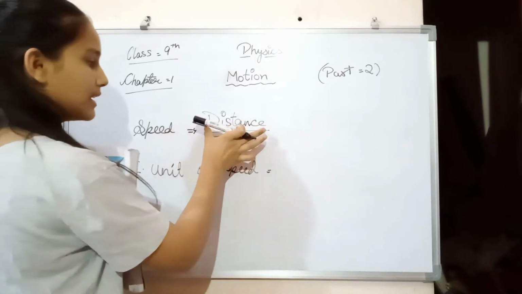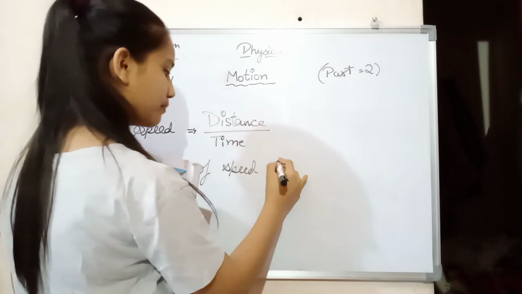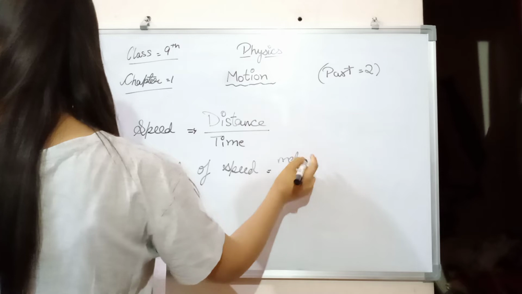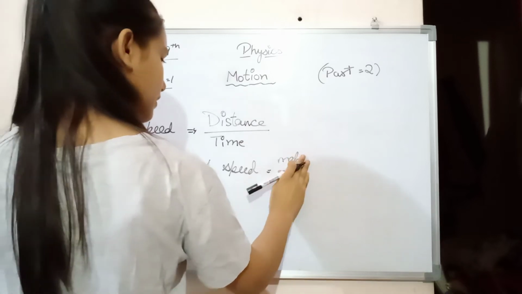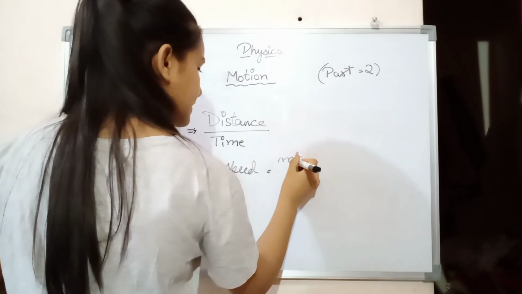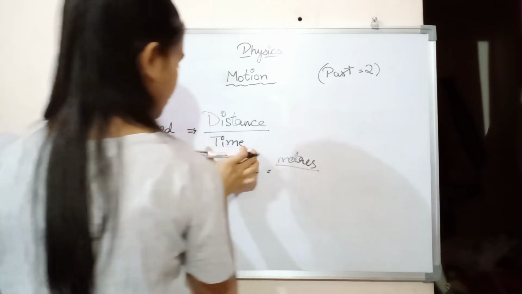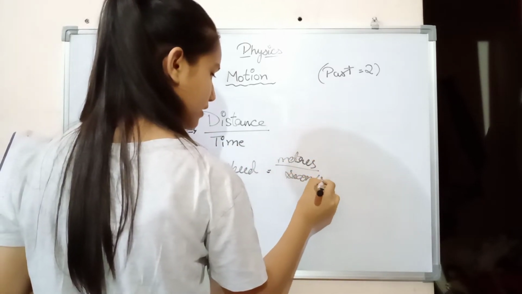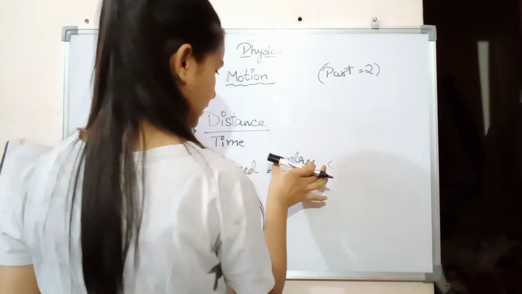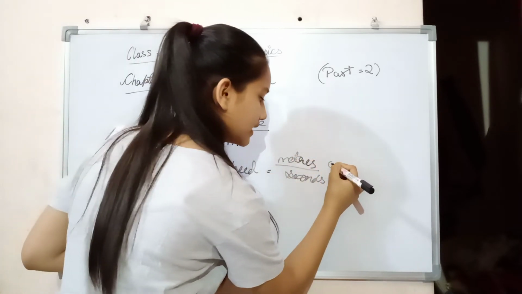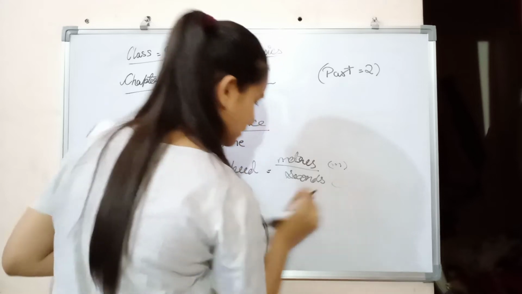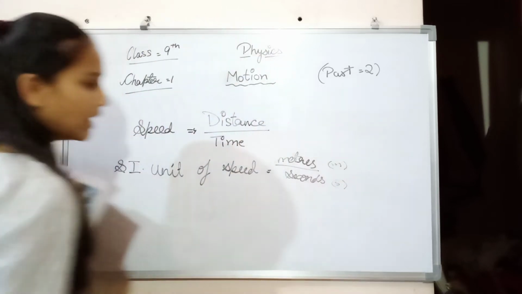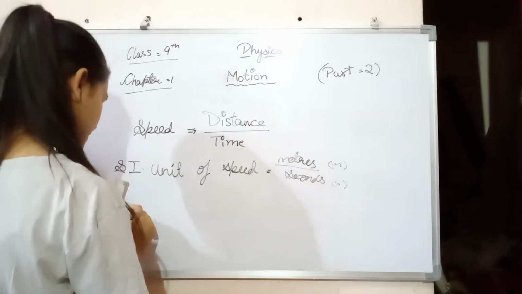As we know, the SI unit of distance is meters and the SI unit of time is seconds. The meter is also denoted as small m, and seconds can be denoted as small s. So ultimately the SI unit of speed will be